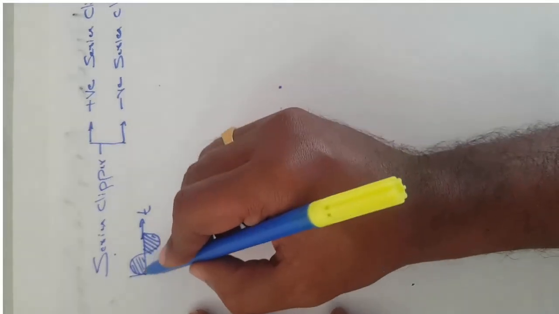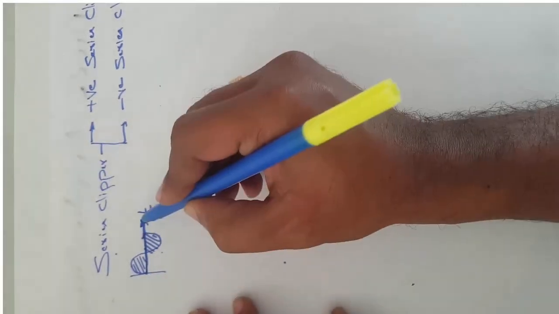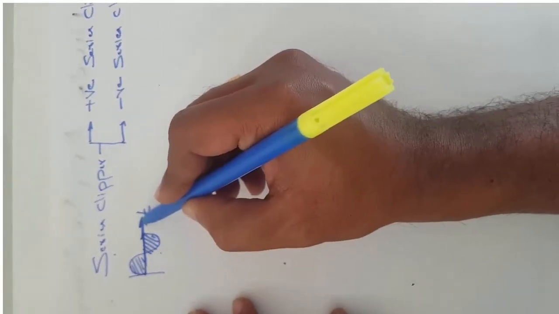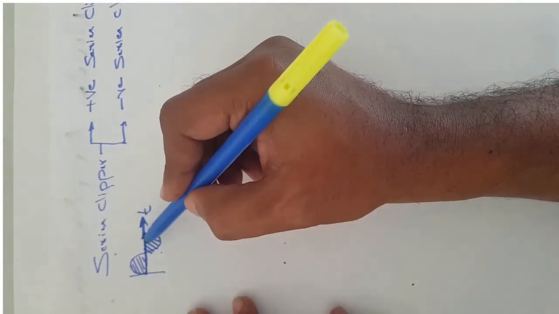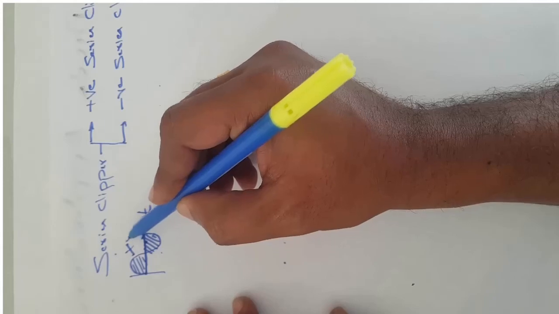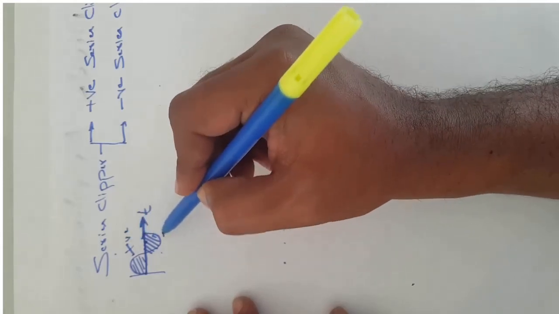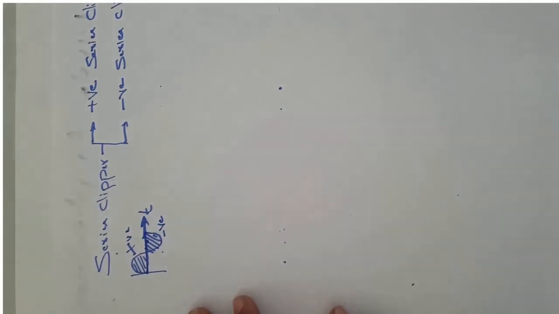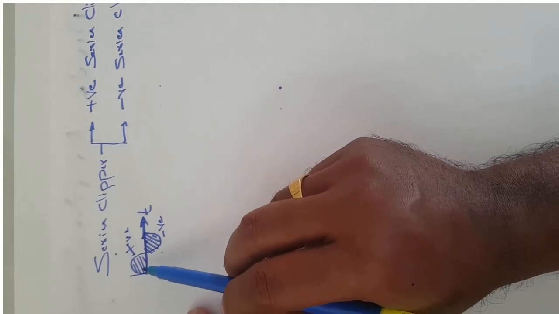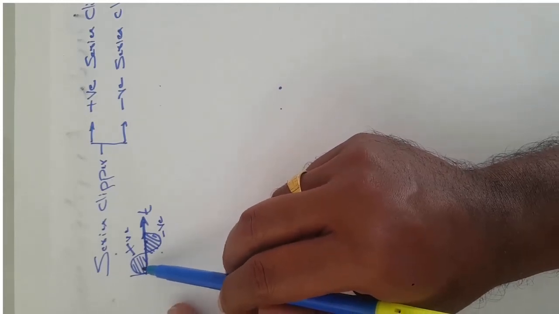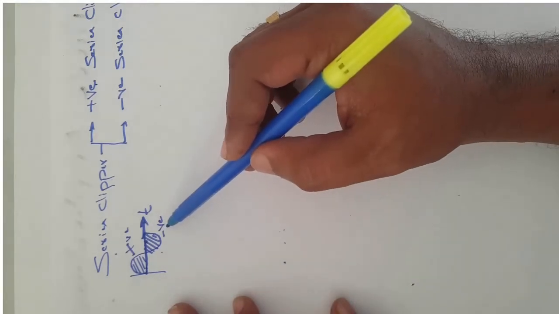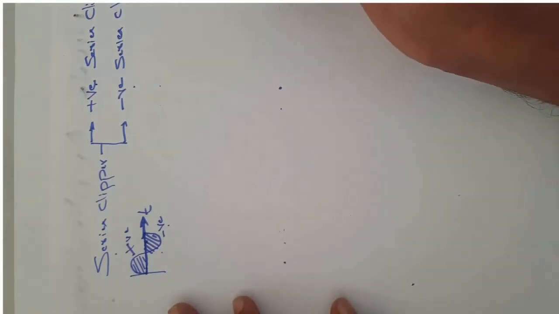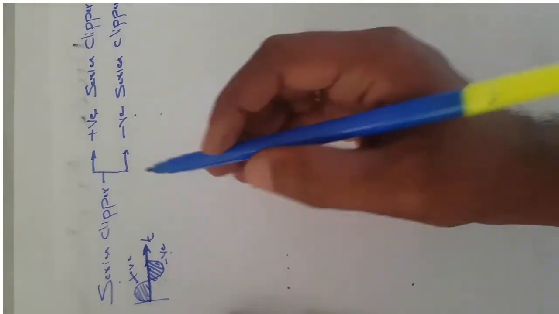So for that, what is the reference? Your time axis. This x-axis will be the reference to decide which is positive and which is negative. So above this zero axis is positive, right? Below this zero axis is what? Negative. So if you are trying to remove the positive waveform by designing a circuit, that is called positive series clipper. Or if you are trying to remove the negative portion, then it is called what? Negative series clipper.